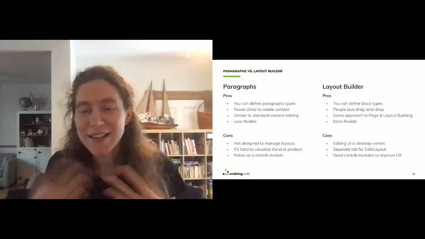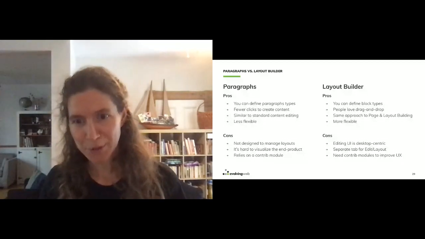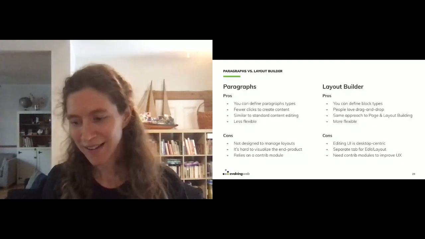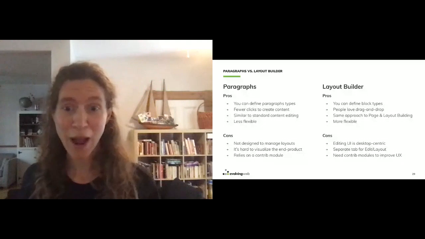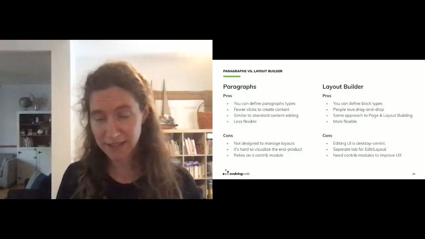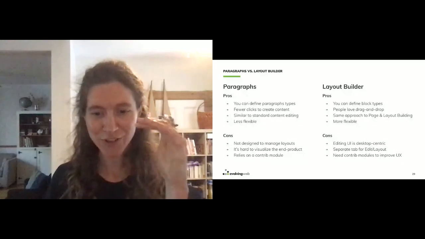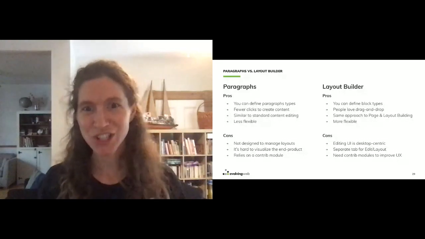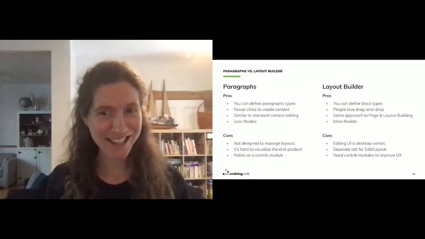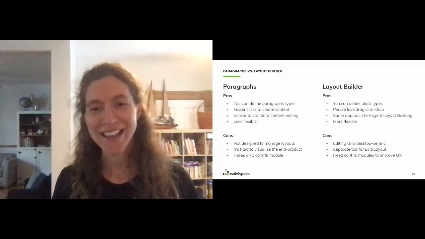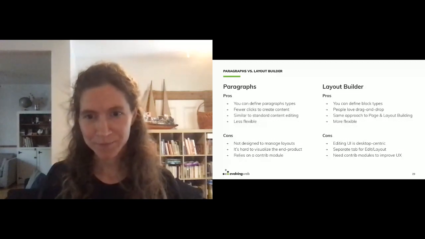So it feels like you're getting this amazing preview, but that preview is only capturing one experience, whereas a lot of your users are probably using other types of devices. So I find that with paragraphs, the fact that you just have a big form, it doesn't show you what the page is going to look like, but it also doesn't lie to you about what the page is going to look like. So that's kind of one thing to keep in mind with Layout Builder.